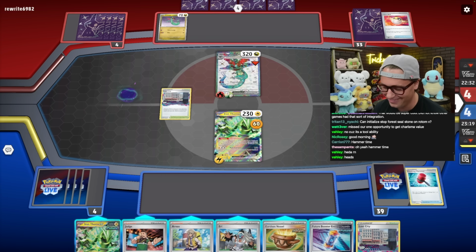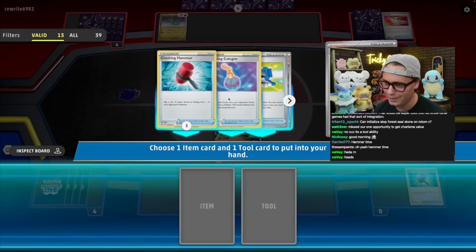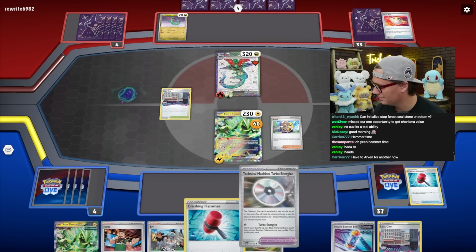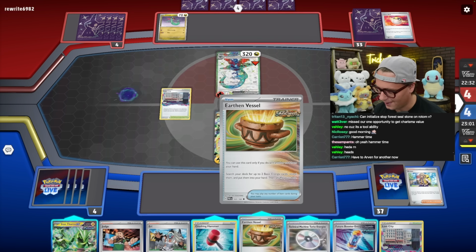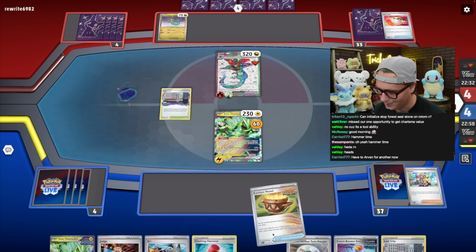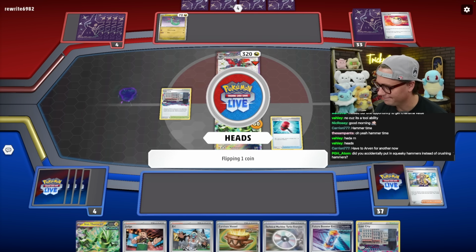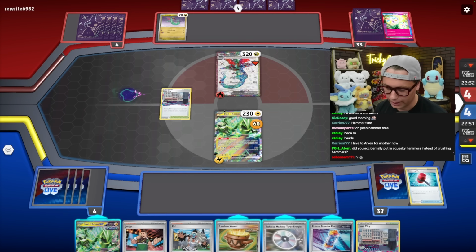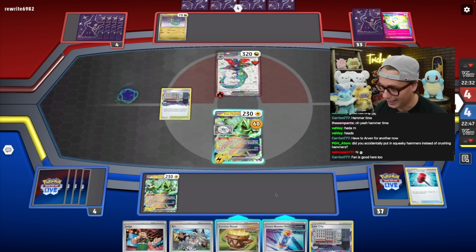Pain. Okay. Arven. Hammer. And TM Turbo Energize. And hammer. Okay. We'll take that Neo Upper. Sure. And then we're going TM Turbo Energize, and we're putting this down, and